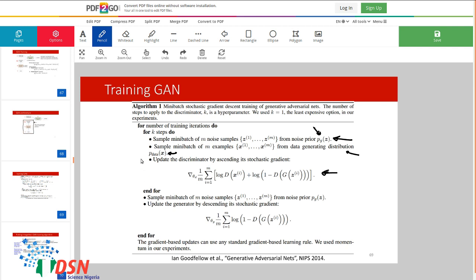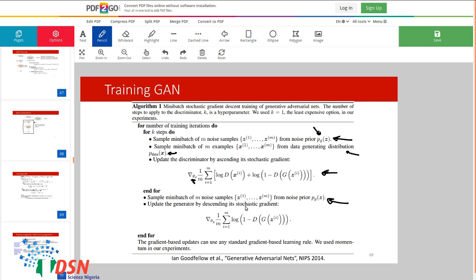And after that we update the discriminator by using gradient ascent on the discriminator. So after updating the discriminator, as you could see here, we calculated the gradient with respect to the discriminator parameters. So we update first the discriminator, and after that we again sample a mini batch of noise from the noise distribution. So we have again a sampling, so we don't use the same samples here.